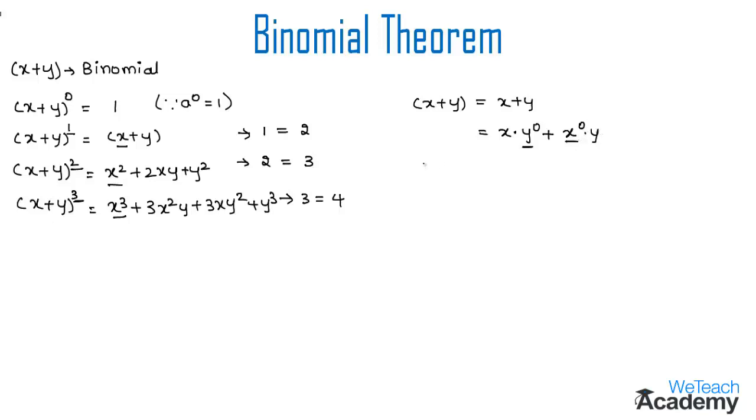Now let us consider the binomial term x plus y whole square, and we know that its expansion is x square plus 2xy plus y square. So here we have the power of x in the first term as 2, the power of x in the second term as 1, and in the last term the power of x is 0. And similarly, the power of y in the first term is 0, whereas in the second term it is 1, and coming to the last term, the power is 2. So we observe that in each successive term, the exponent of x decreases by 1 with a simultaneous increase of 1 in the exponent of y.